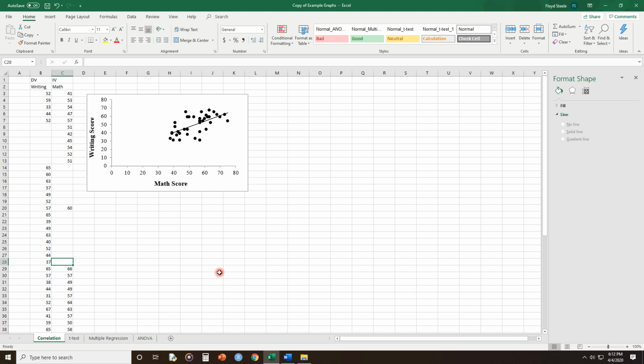Notice that that's changing as a function of the points disappearing, because it's in real time just automatically generating this stuff based on the information in these columns. So if I undo and put these values back, those values are then getting added back to the scatter plot, and the line of best fit is adjusting to minimize the distance of all the values from the line itself, and really generate that line of best fit, which is supposed to display for the reader